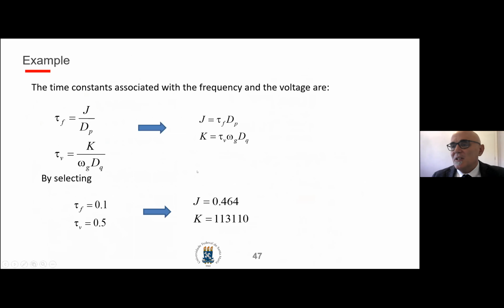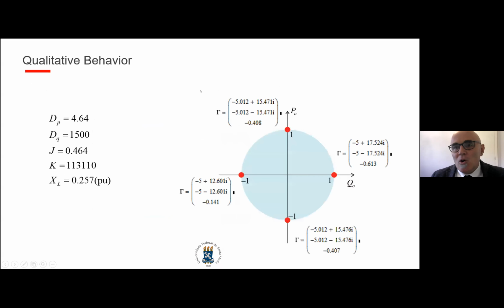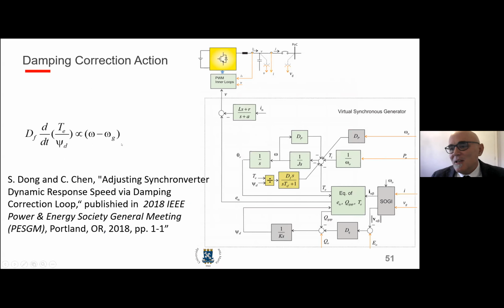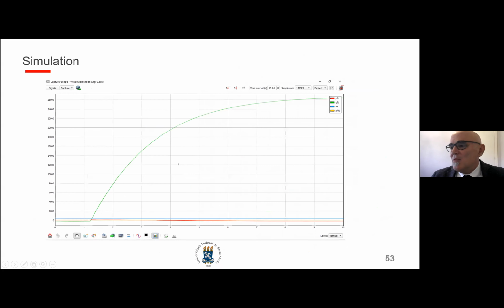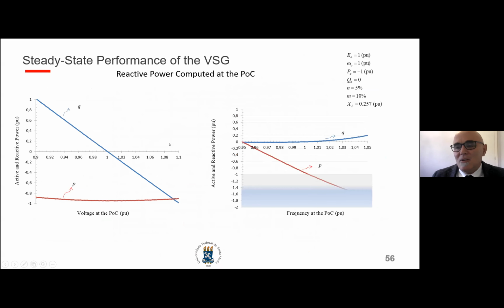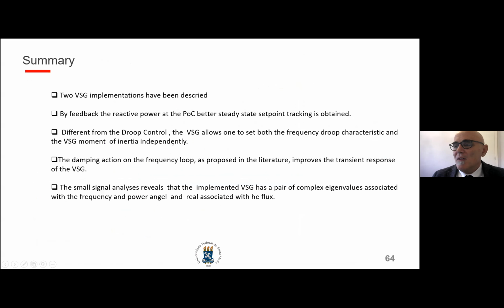Here, one difference is that you can somehow decouple the steady state and transient performance. Now in droop, if you change the droop coefficient, you change the transient, and you also change the steady state. Here in this implementation of the synchronous machine, it's possible to have these two characteristics decoupled. The local qualitative behavior depends on the operating points, since the system is nonlinear. And then there is some additional damping that we introduce. So let's move on. So basically,